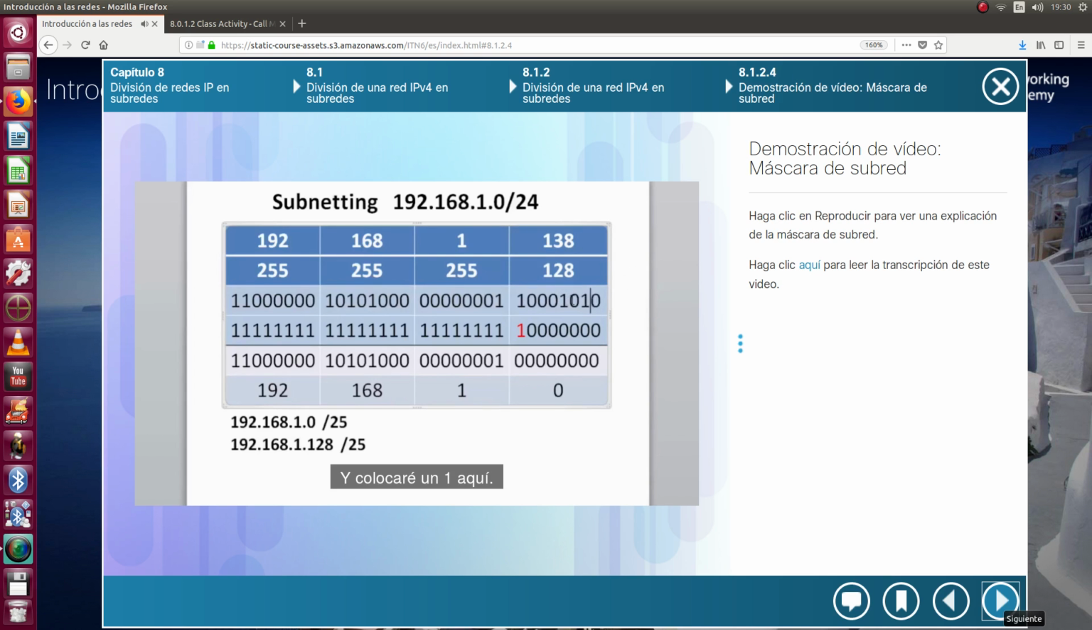And I'll put a 1 here. So 128 plus 8 plus 2 is 138. If we do the ANDing again, we see that a true and a true makes a true. And then we have falses all the way. And now the resulting network address